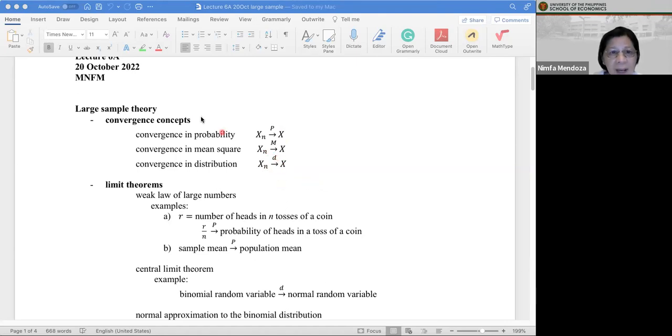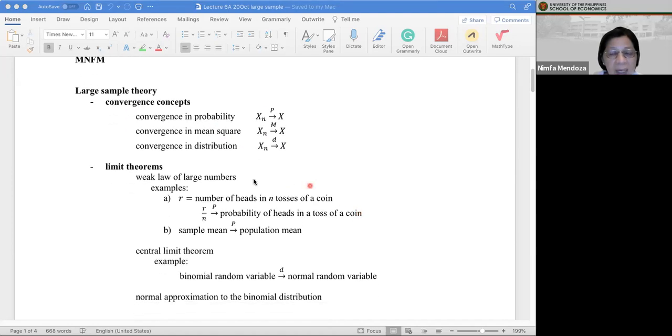Okay. After taking the convergence concepts, we would look at the limit theorems, the weak law of large numbers, and the central limit theorem. Just like the convergence concepts, there are different versions of the law of large numbers and the central limit theorems in other books, but we would be just looking at the most basic concepts. Okay, so for the weak law of large numbers,